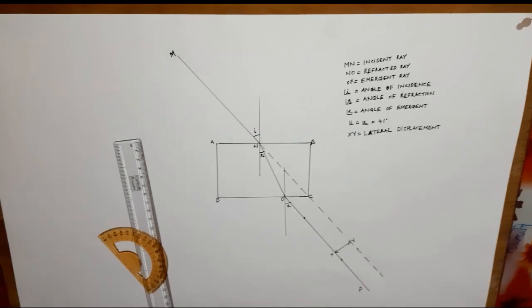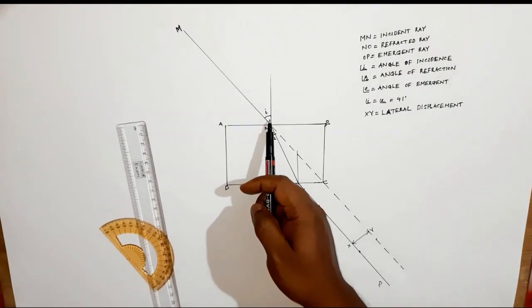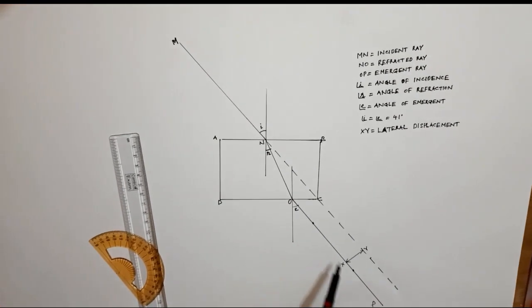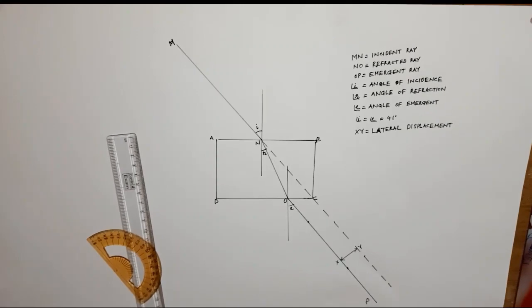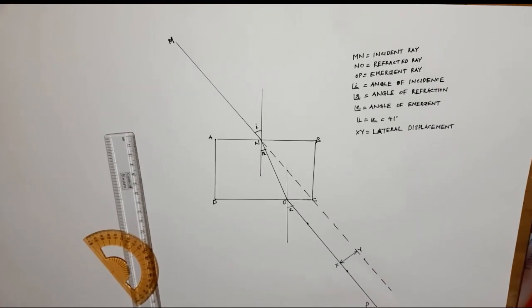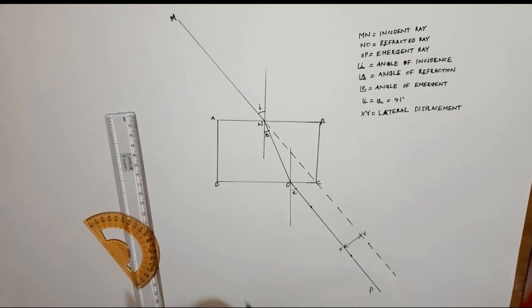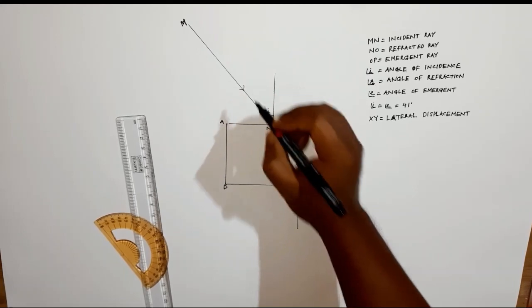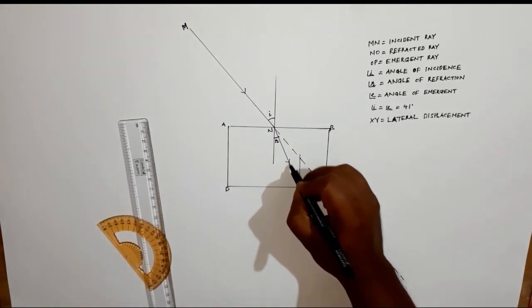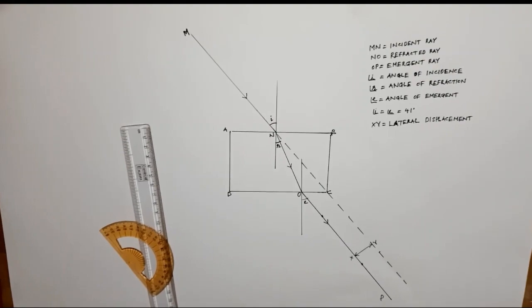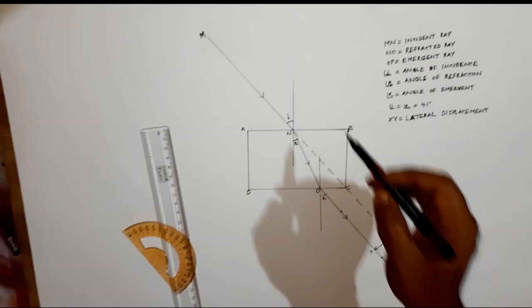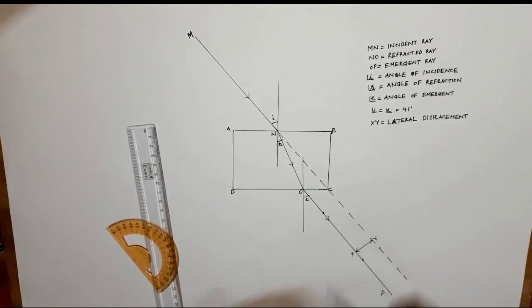We are getting two conclusions. One is that the angle of incidence is equal to the angle of emergence, and the incident ray and emergent ray are parallel to each other. These two conclusions we are getting. And another important thing, last one: when you are drawing the ray diagram, you have to show the arrow mark in which direction the light ray is coming. Clear? Understood? So in this direction the light ray is coming from air to glass, then from glass to air, so rarer to denser, then again from denser to rarer medium. Understood? Okay, thank you.